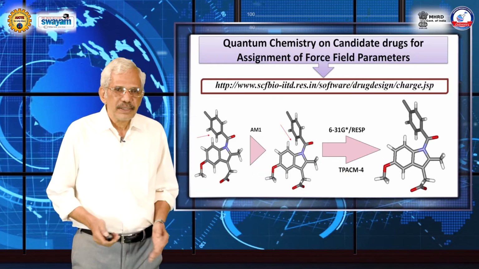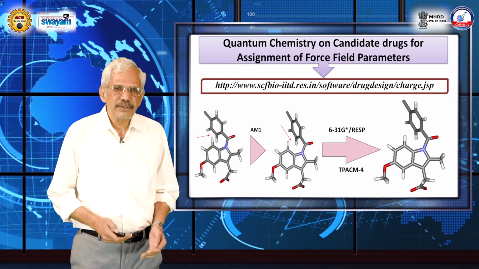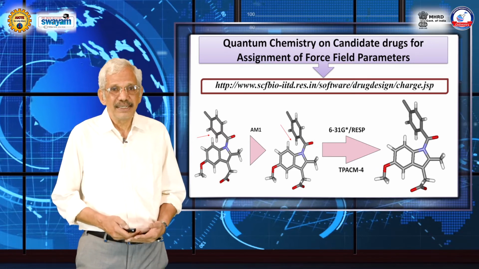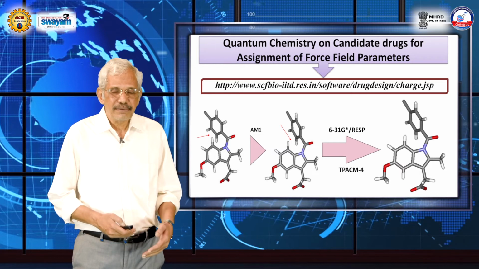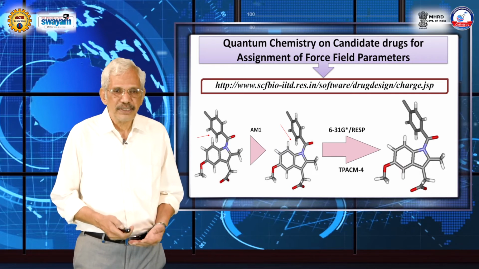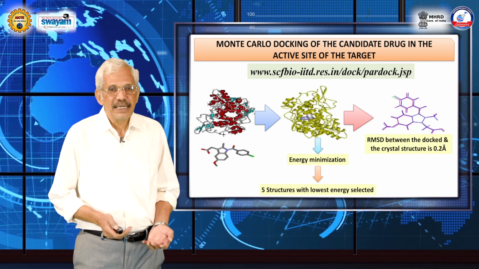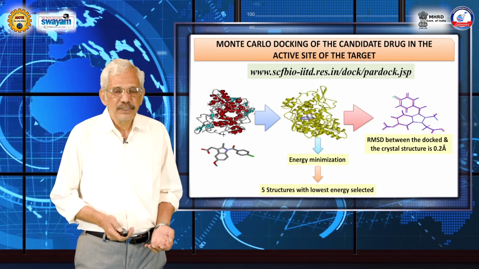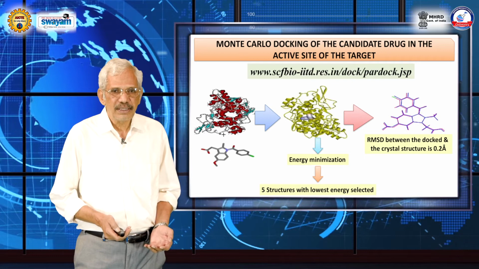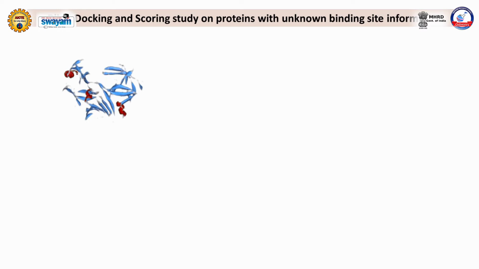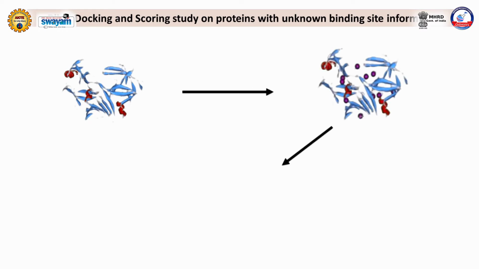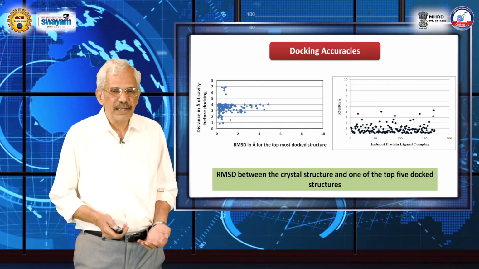So now back to targets again and molecules. Once you have a molecule, you obviously have to do Schrodinger equation calculations. So you have to do geometry optimization, assignment of partial charges for these interactions, Coulombic interactions between the molecule and the protein target or the DNA target, right? And then automated docking scoring methodologies. I already mentioned to you, this is a docking molecule, and then here is an automated docking. So based on the binding free energy of the molecule, you can figure out where the binding pocket is. So that's the idea of this particular software, and we are comparing now the accuracies.